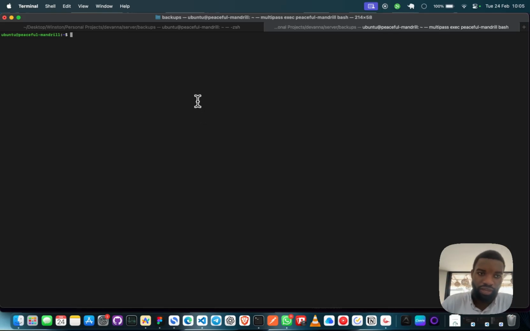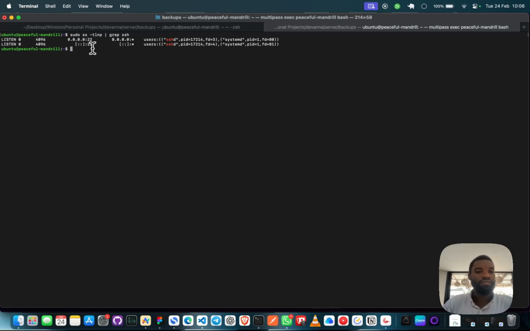Here, if I run sudo ss -tlnp | grep ssh, we'll see that we're currently listening on port 22,